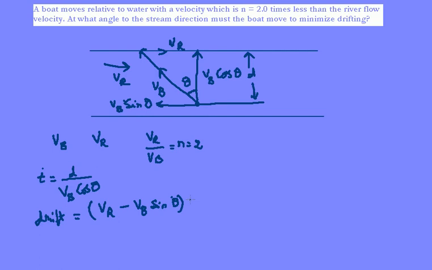This is the drift which the boat would have experienced during this time period. We have to ensure that the drift is minimal. We already have a value for t in terms of the perpendicular distance of the boat from the bank, with reference to its velocity. So substituting that value, we get